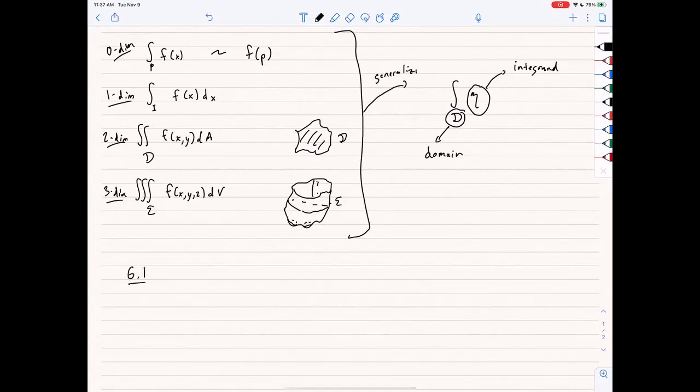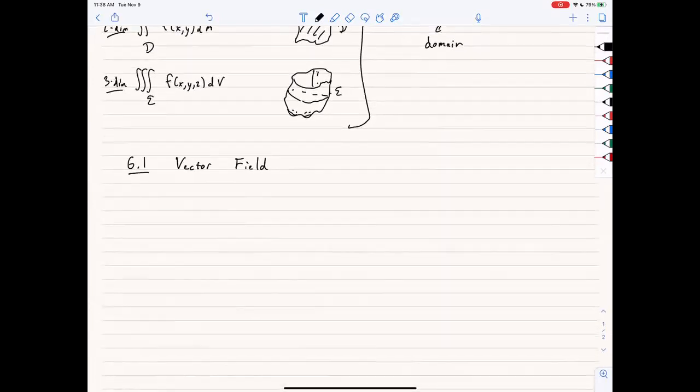So the first thing we're going to talk about is how we generalize not the domain, but this integrand. What other things could we integrate? Well, one thing we can integrate is a vector field. Okay, so let's ask this question. I'm going to ask the question first. So here's the question. This is a motivating question. So, what is the velocity